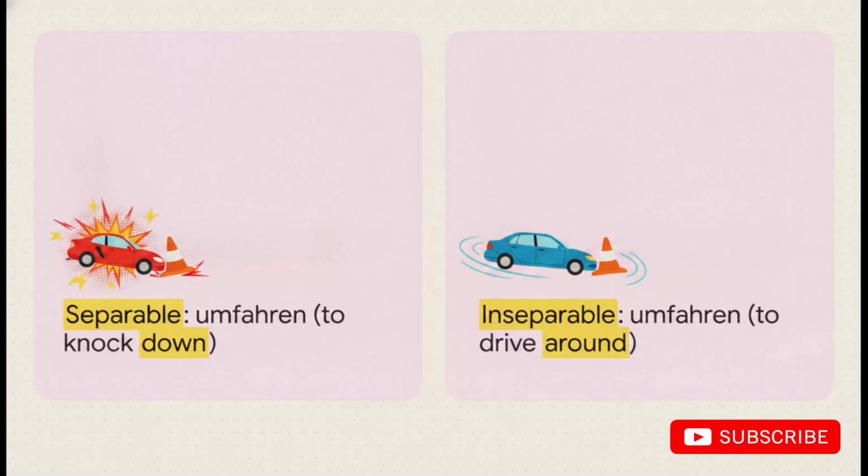But watch out, because here's the ultimate curveball, the chameleon prefixes. There are a few really sneaky prefixes like durch, über, unter, and um that can be either separable or inseparable. And what's wild is that splitting them actually changes the meaning entirely. Get this, if you treat fahren as a separable verb and say